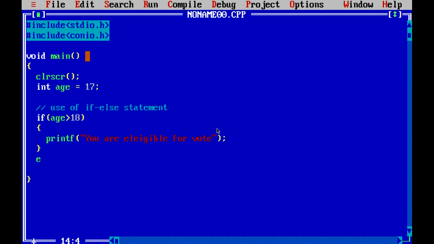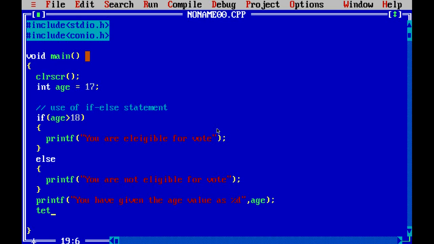Otherwise it will print you are not eligible for vote. Let us compile and run the application.